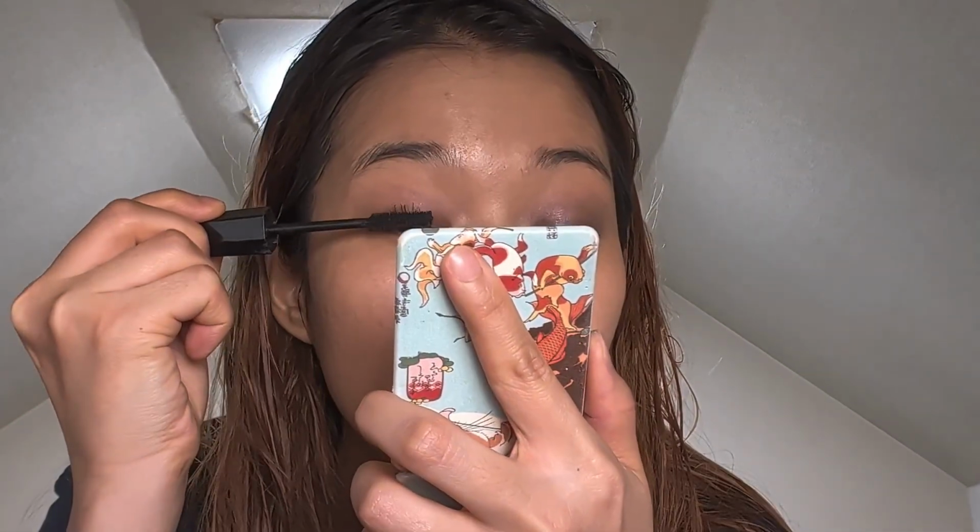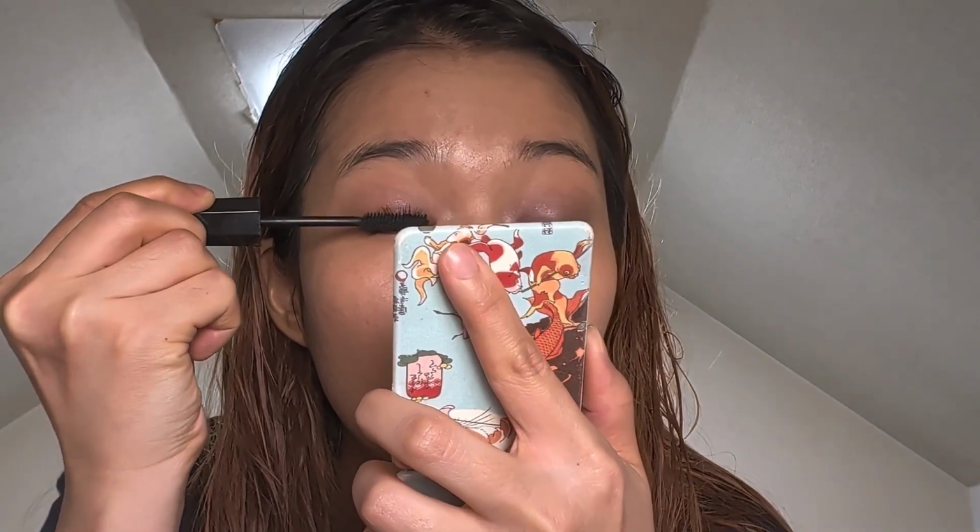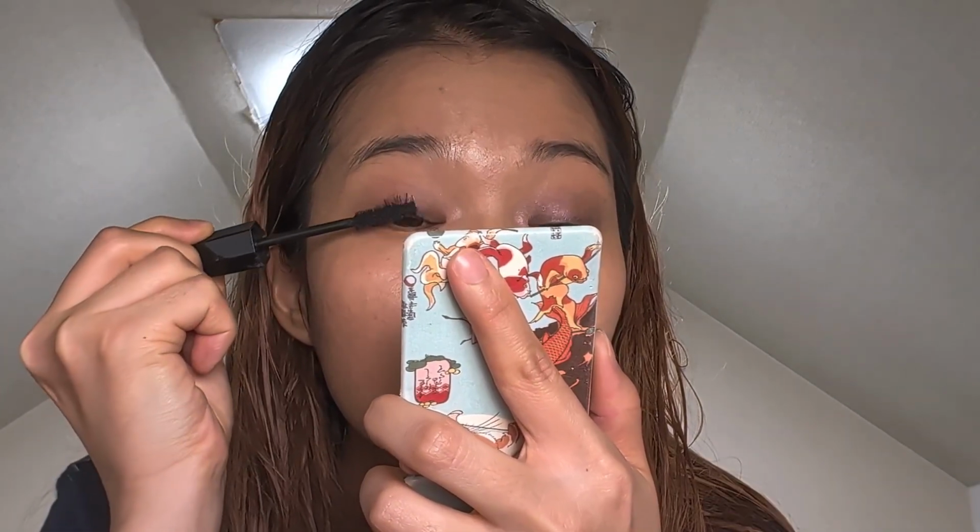I tend to not use any setting powder, and I'll explain a little bit why I don't use it. I like to use it sometimes because it makes makeup look complete. Yeah. Okay, so